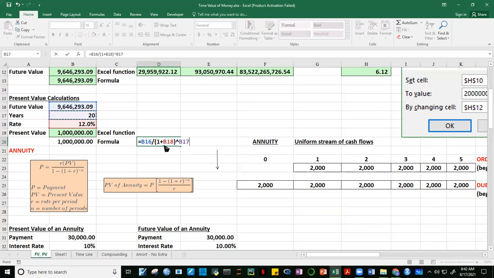Okay, so here we divide by our discount rate, and then the exponent is positive. You get the same 1 million. There. Okay, so